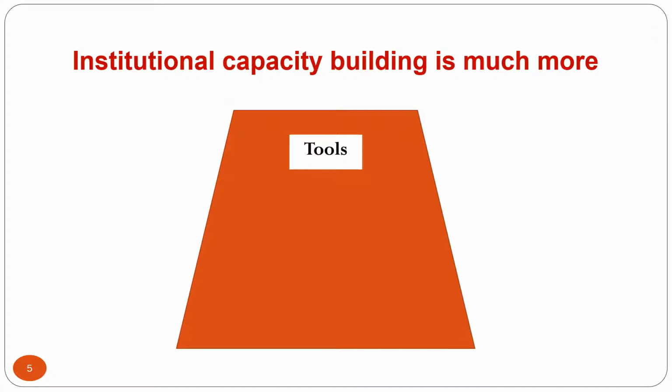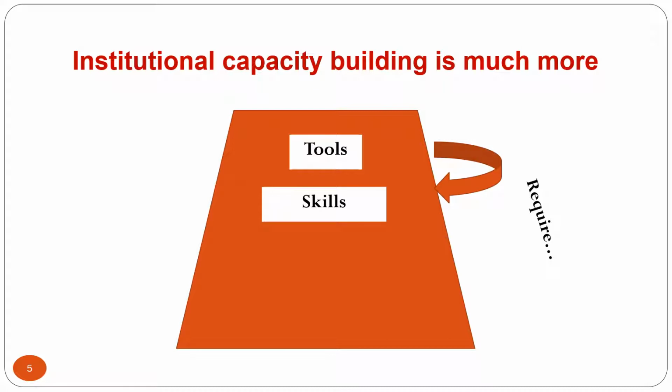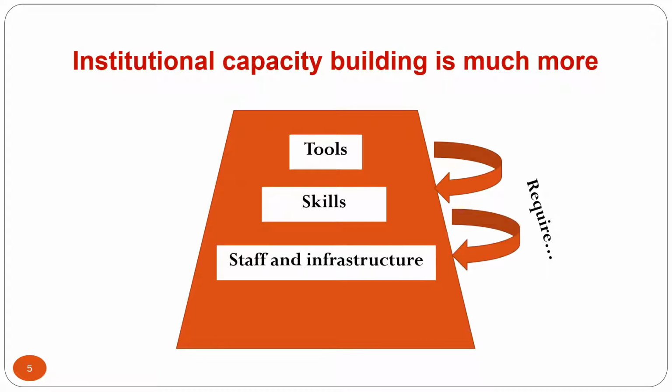That is the laboratories and lecture halls, but the requirement for them to be operational is the skills of the people operating them. So that's the training and the capacity building of staff. But for them to be efficient, it is required that the whole staffing is right: do you have an adequate number of staff? Do they have the right kind of training and education? Is the infrastructure in place? Is there power supply, water supply, support staff, consumables, all of that?